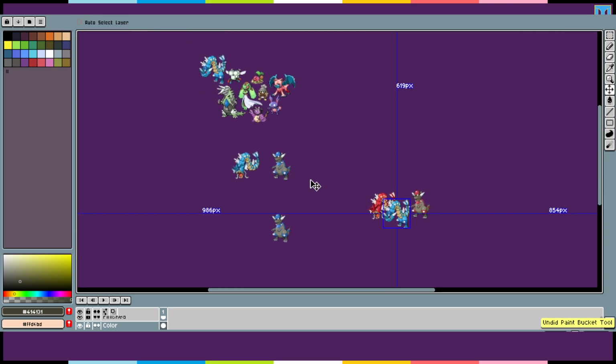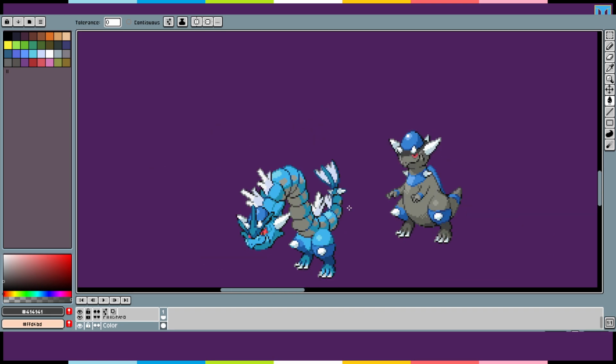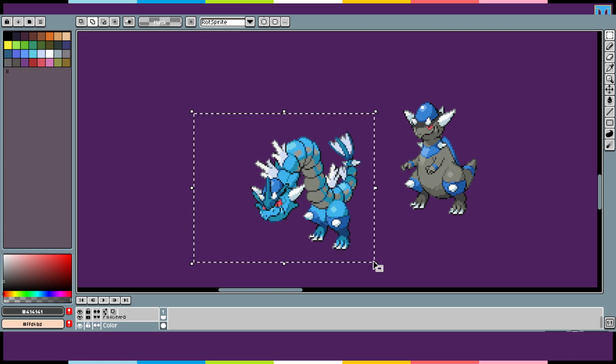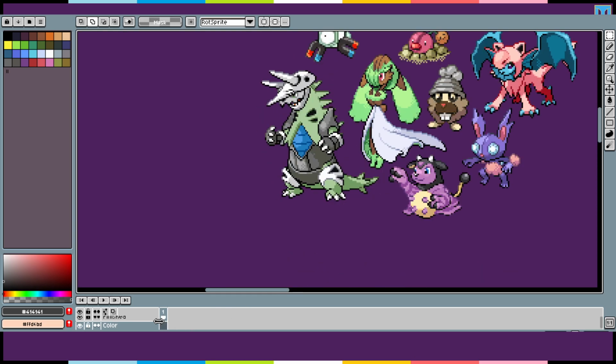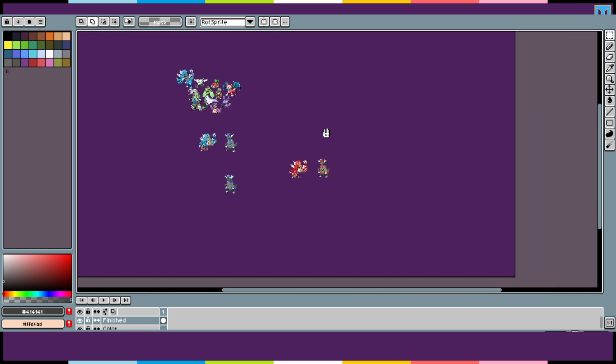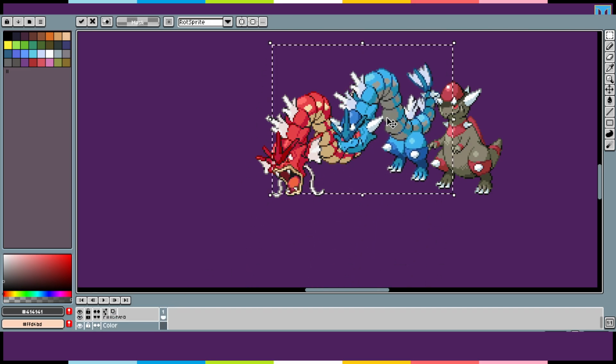Ooh, hang on. No, I just had a thought. We're not done coloring you. There we go. That's... Ooh, that's cool. Alright, now put him back. And now back over in the color layer. Here's what we're gonna do. We're gonna...